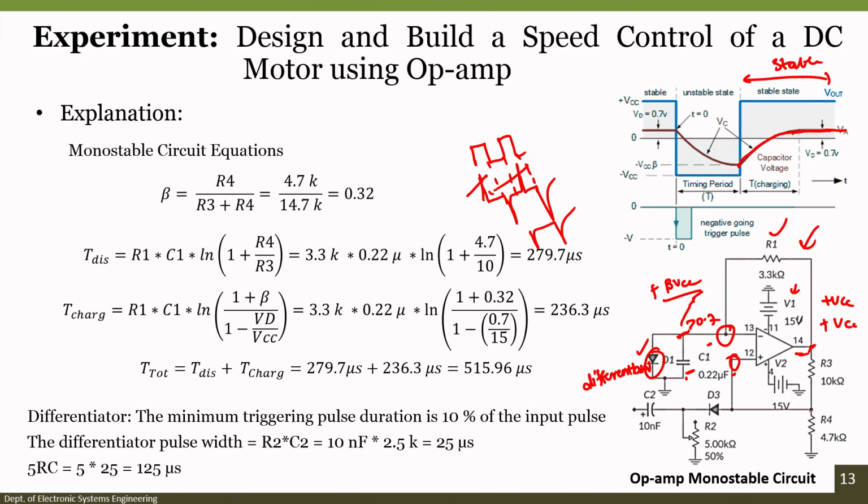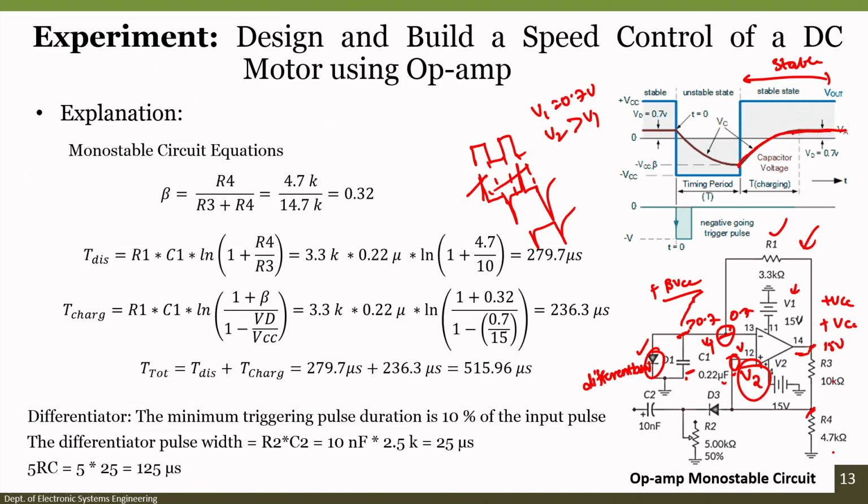The reason is that when you see the voltage here, with 10 kilo on 4.7 kilo, and here it will be 15 volts plus VCC, meaning it is powered at plus and minus 15. So, this voltage is always restricted to 0.7 volt. Say this is V2 and this is V1. In this case V1 is 0.7 volt and V2 is higher than V1. So, it will always be in the plus VCC state until V2 becomes lower than V1.